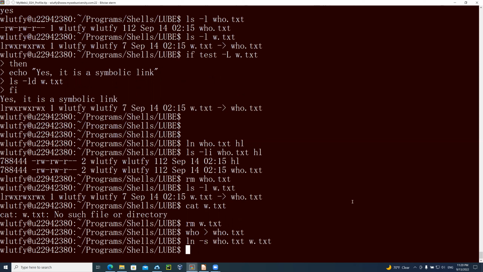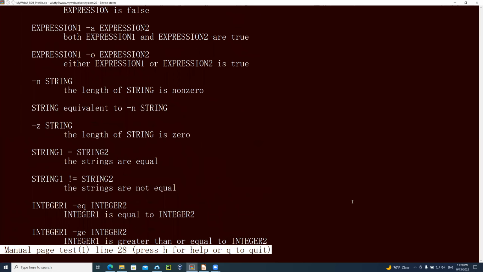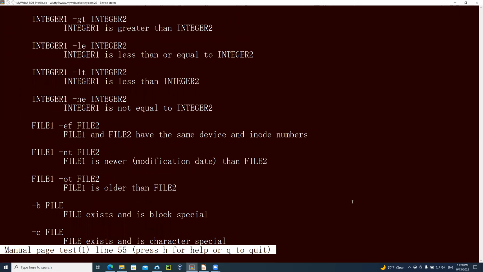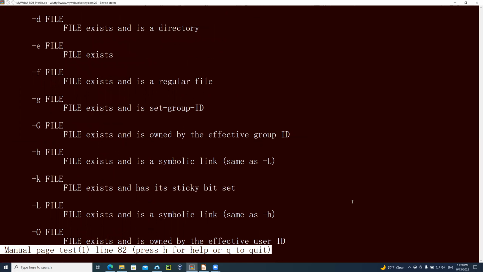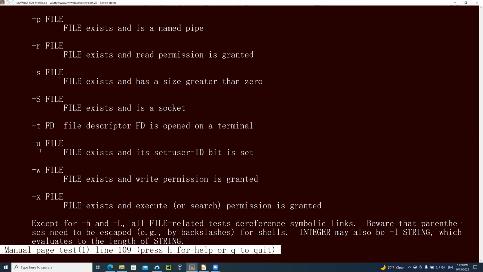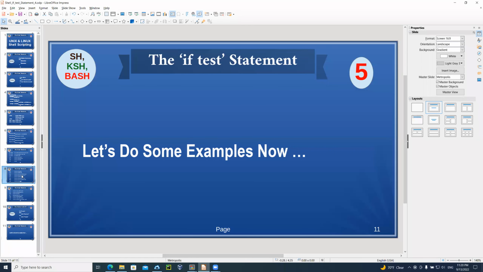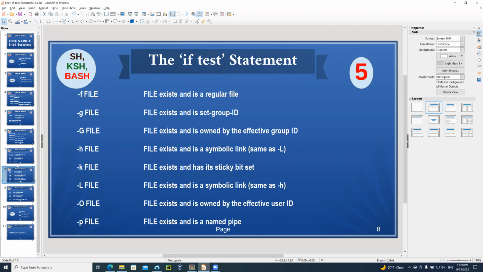That we did. So let me just do man test. What was the expression that I wanted to show you on the file? If it is UT file descriptor symbolic link, I believe it was the uppercase S, maybe. Let me just go back to this one and look at the one that we were looking at, HG-F,